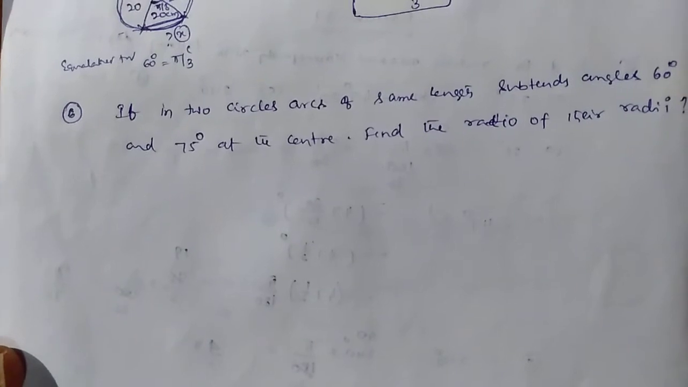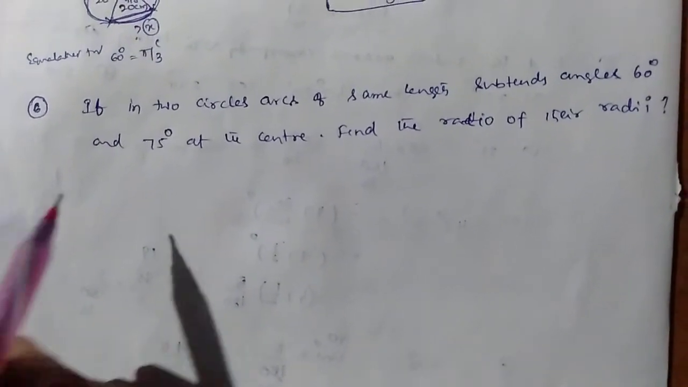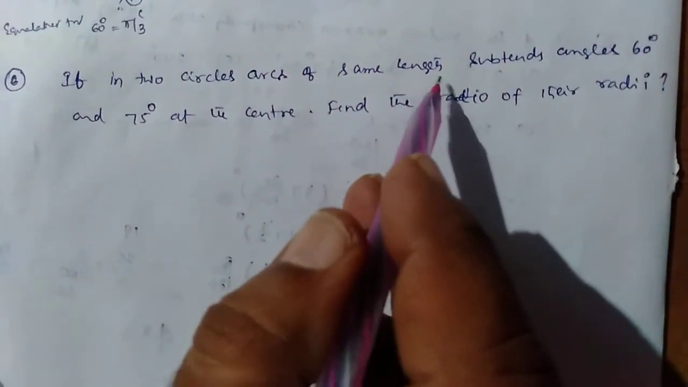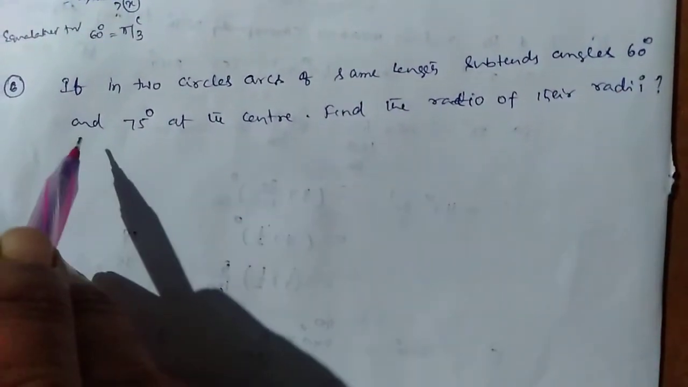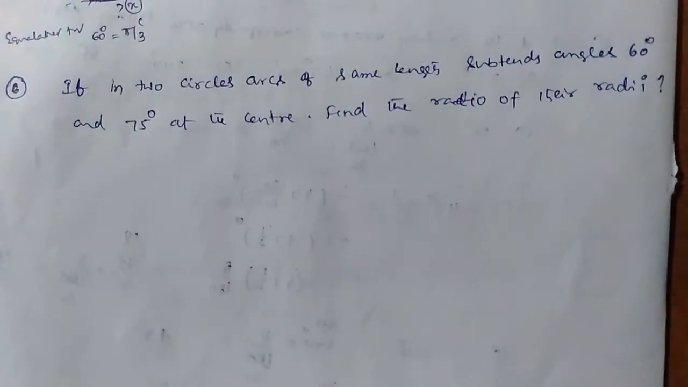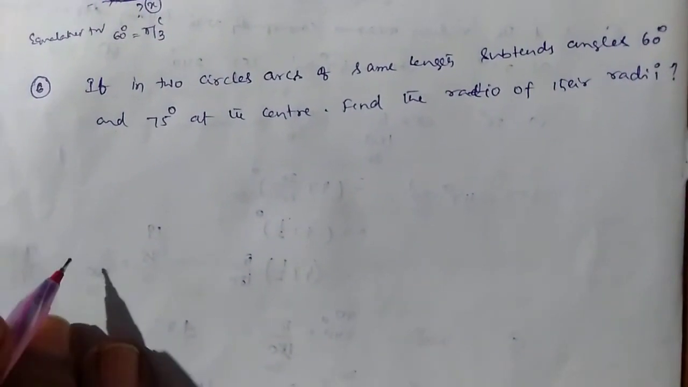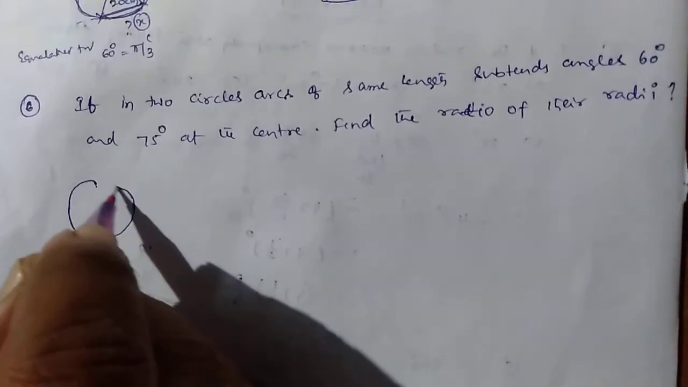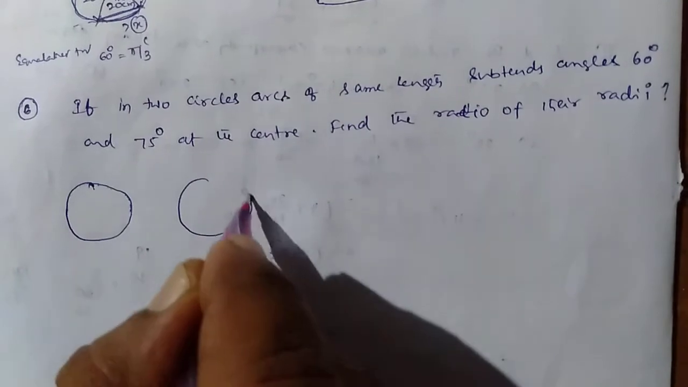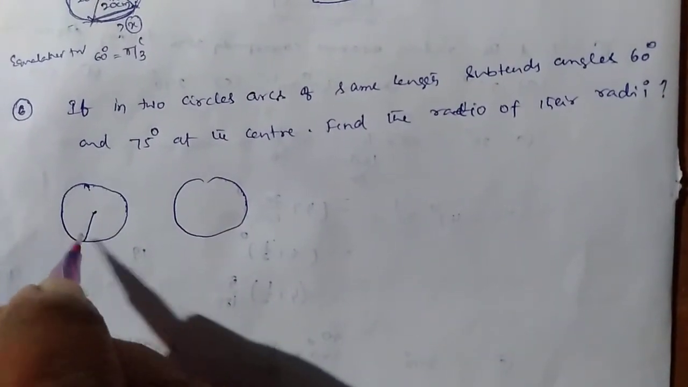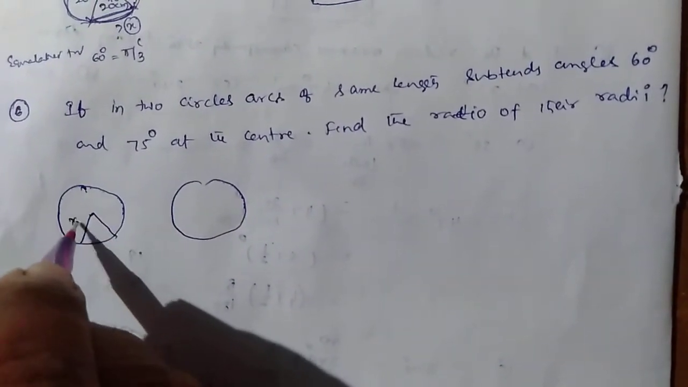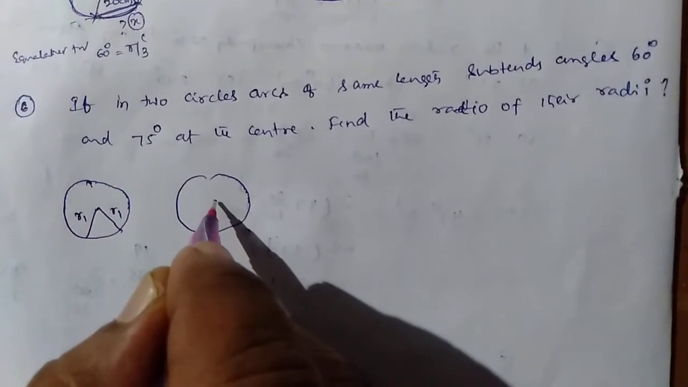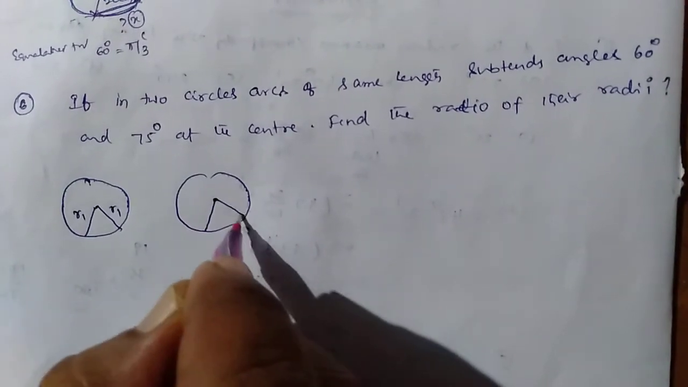Problem number 6. If in two circles arcs of same length subtend angles 60 degrees and 75 degrees at the center, find the ratio of their radii. Given the two circles, one is of radius r1 and the other one is radius r2,